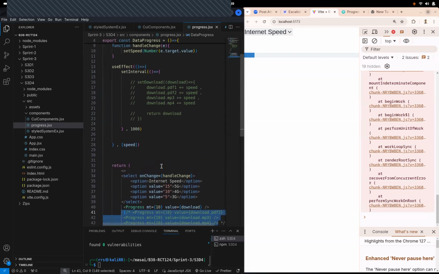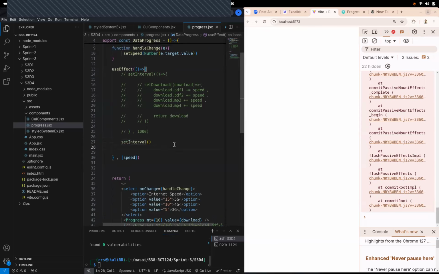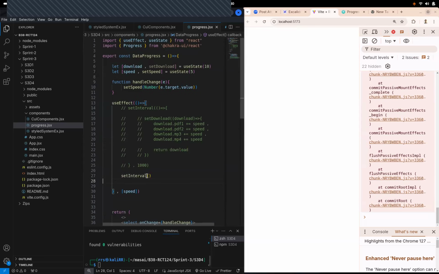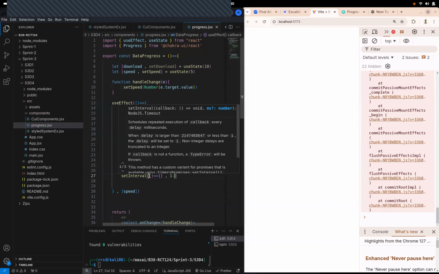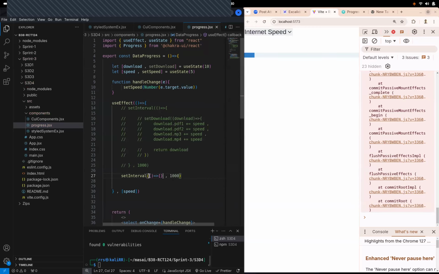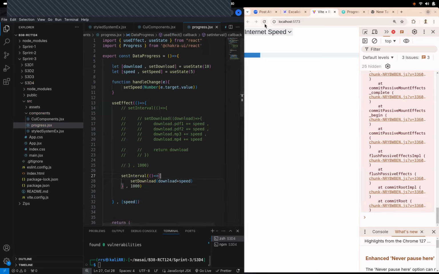एंड हाँ यहाँ पे अपडेट करने का ट्राई करते हैं। तो इन दिस set interval केस राइट, commented out everything, set interval, and over here what we want to do, we want to pick this will take like 1000. Now what we want to do, we want to pick our set down row, and इसमें we want to do down row plus speed. So if I refresh it,